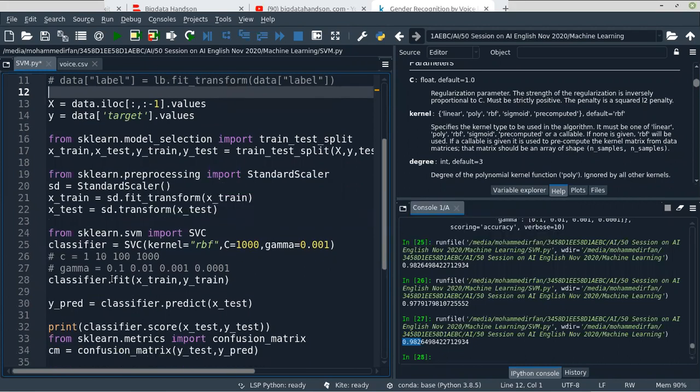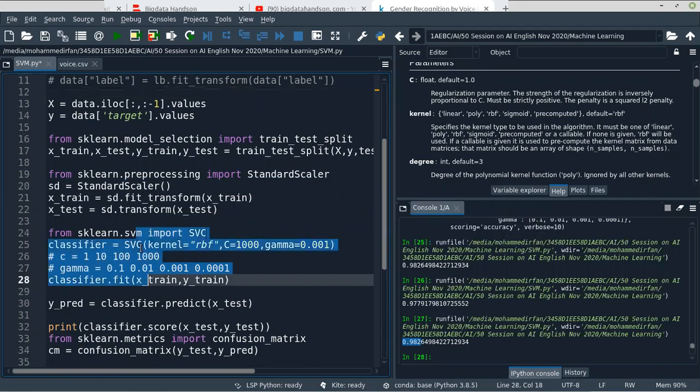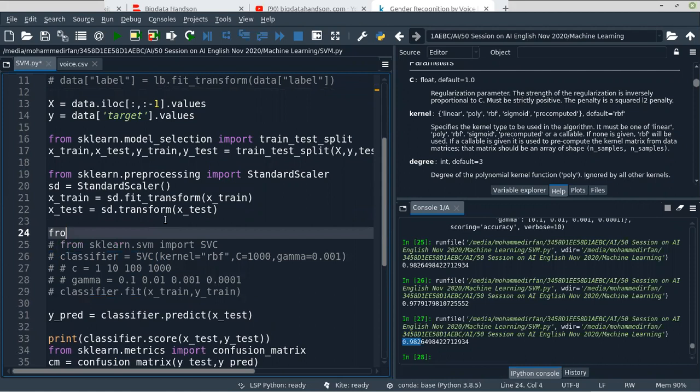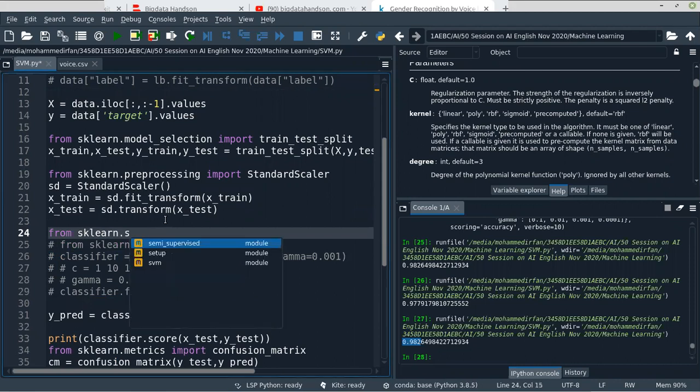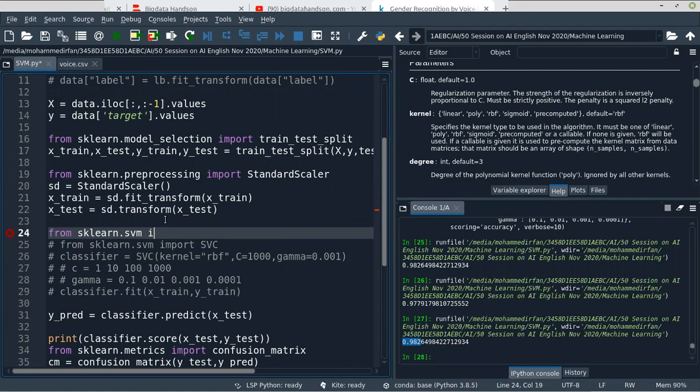And now here we import the regressor, support vector regressor, from sklearn.svm import SVR.